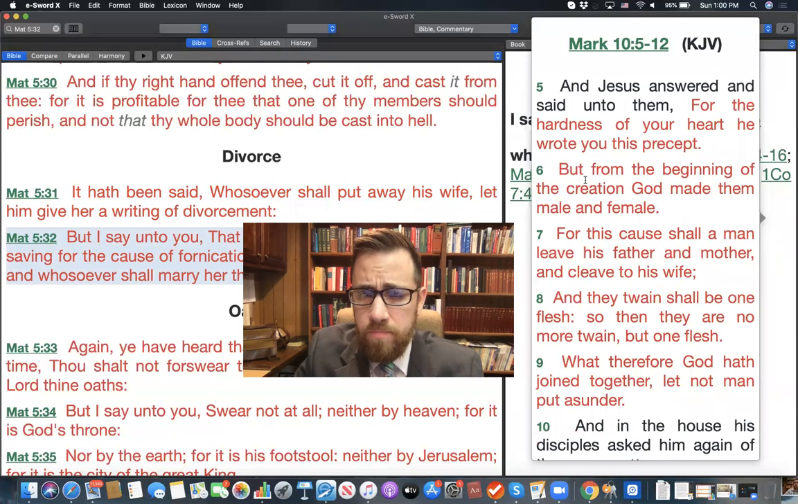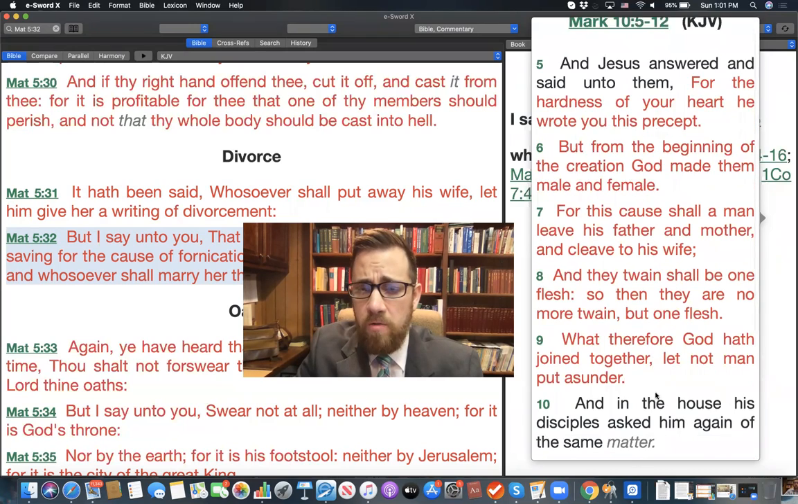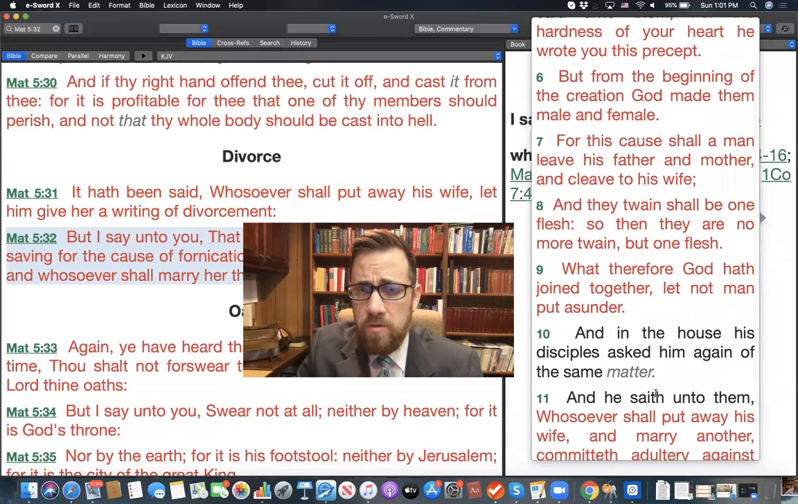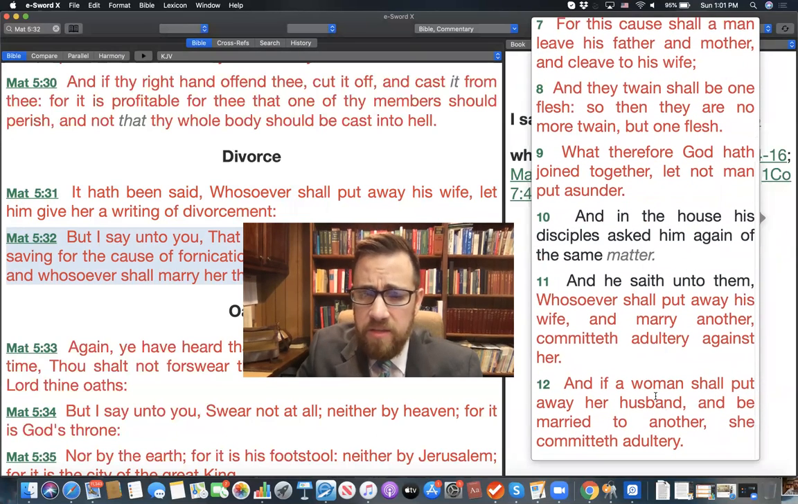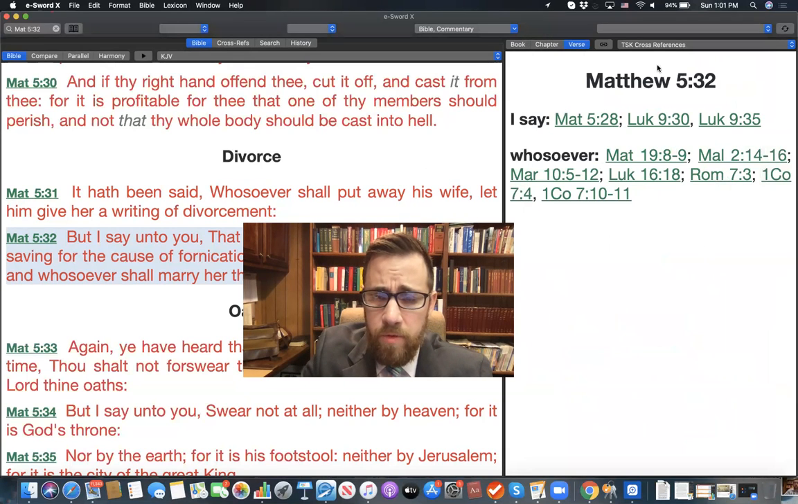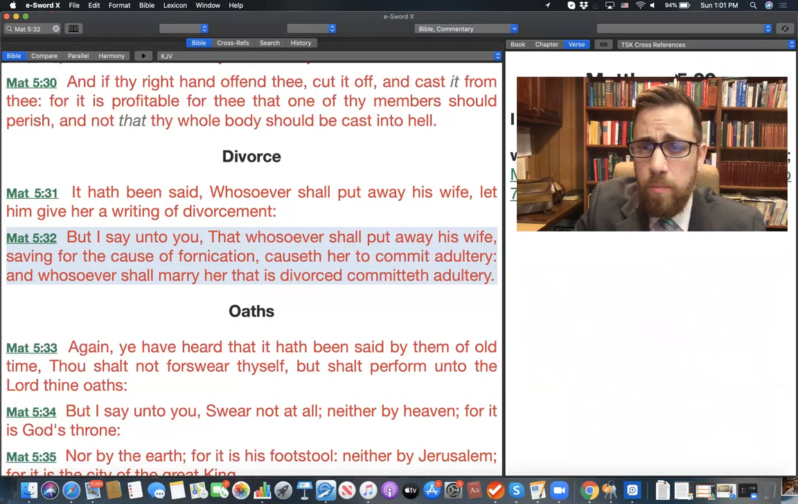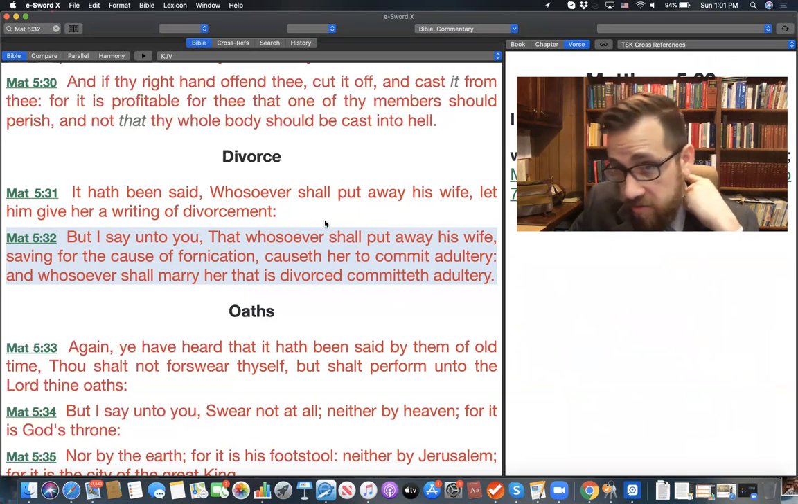Mark also has this passage here, Mark 10:5-12, and it's very similar to what Matthew 19 says. "Whosoever shall put away his wife and marry another commits adultery against her, and if a woman shall put away her husband and be married to another, she commits adultery." So those are similar passages in Matthew and Mark, but they don't have the exception clauses that Matthew 5:32 and